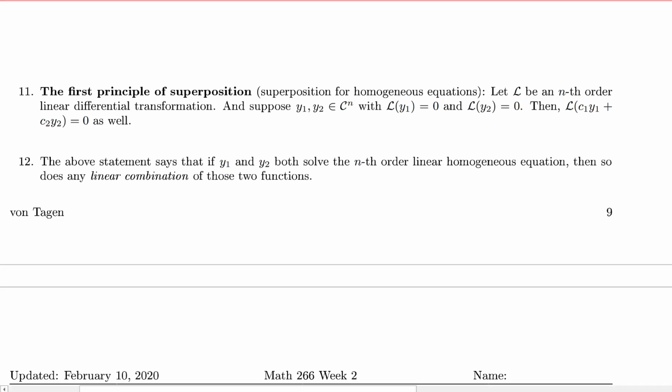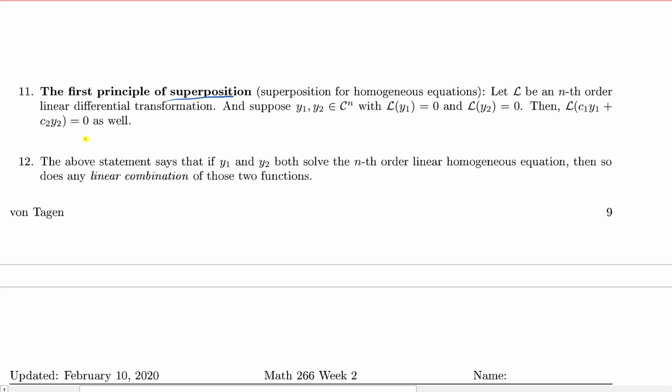Okay folks, so now we're ready to talk about the first principle of superposition for homogeneous equations. It says let L be the nth order linear differential transformation, and suppose y1 and y2 are both n times continuously differentiable. I can take the derivative n times and that nth derivative is continuous. And further, suppose when I do L to y1 it outputs a 0, and also when I do L to y2 it outputs a 0. Then this first principle of superposition states that any linear combination of those two solutions will also spit out